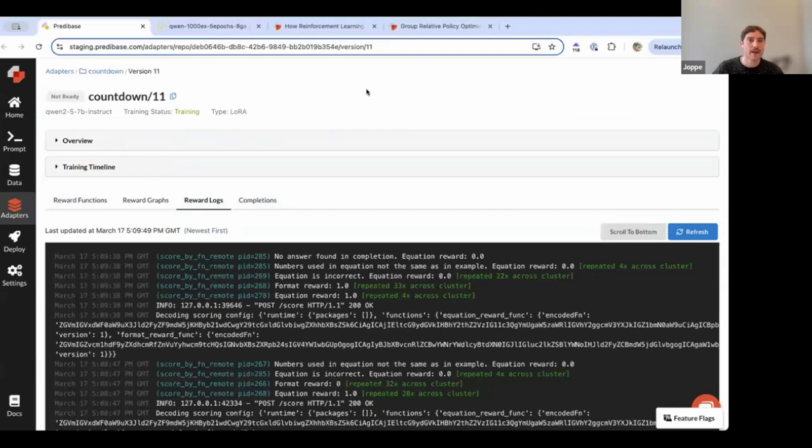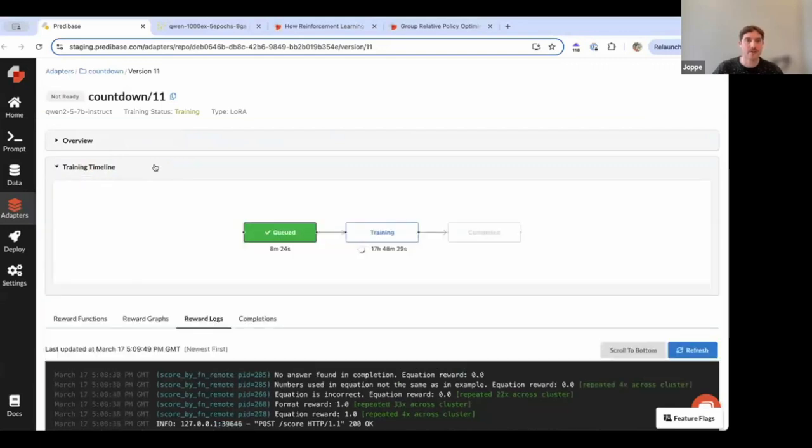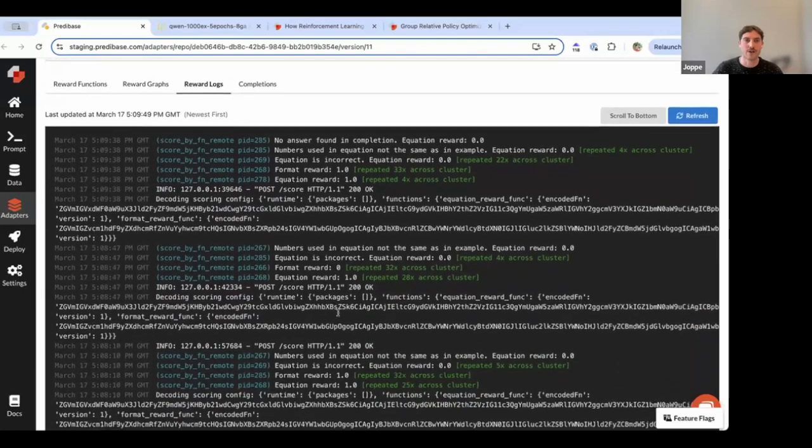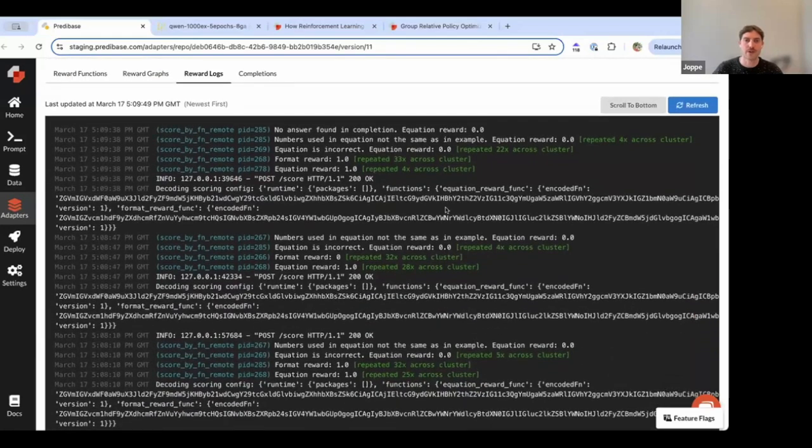So I'm looking at a training job that's currently in progress. And as I mentioned, you see the logs as printed from the reward functions. They show up here. We can see for each completion what exactly is going on and potentially where it's failing. Let's say it's not using the correct numbers. The equation might be incorrect, and so on. And so this gives us a bit of an in-depth view into the training process, and this also allows to